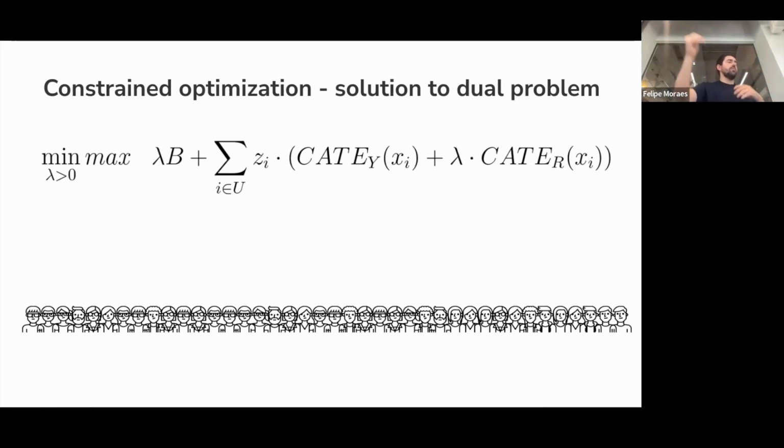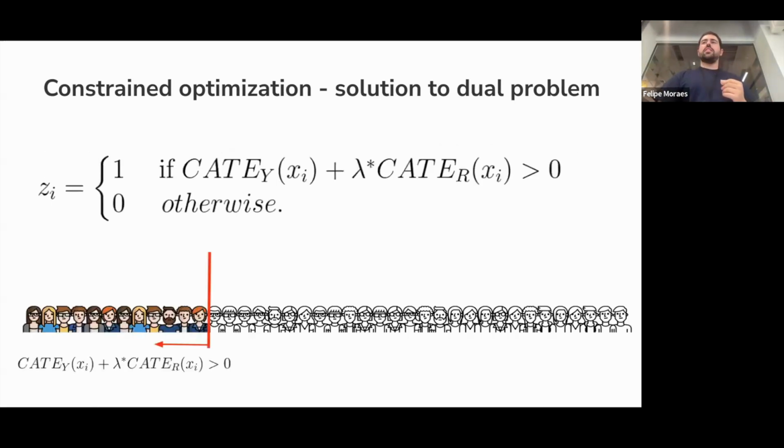You can solve this dual problem, which doesn't guarantee that the best solution of the dual problem is the one of the primal, but under certain conditions, and it almost always holds when you are talking about budgets in real cases, the solution of this dual problem, which is just you want to find the minimum lambda that maximizes this. If some of you are confused, don't worry too much. I'll go over the intuition of all of these.